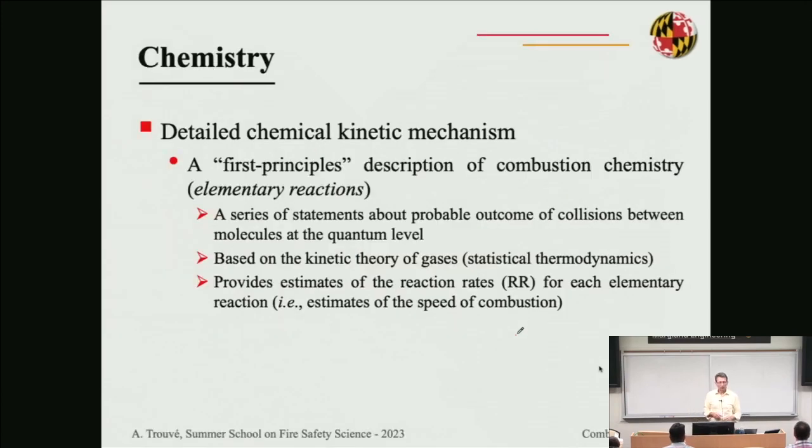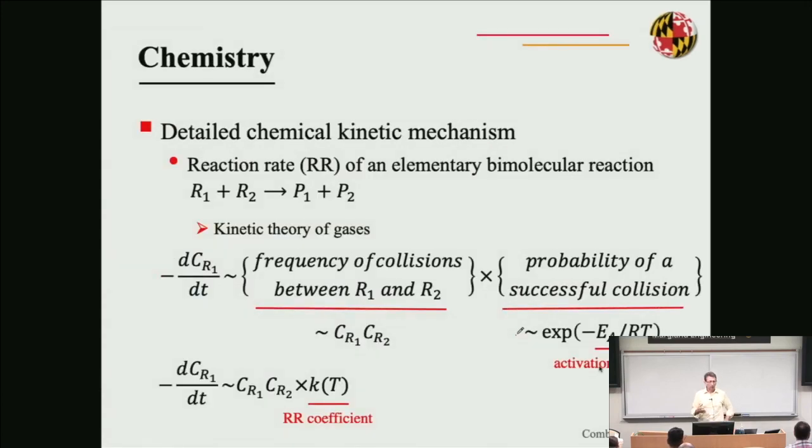Let's look at the viewpoint of chemistry here first. Chemistry looks at a mixture of fuel and air, and is going to try to describe the evolution of that mixture as a function of, let's say, temperature. Let's assume that we are at atmospheric pressure to simplify. And so the most fundamental way of looking at it from a combustion chemistry viewpoint is to look at the